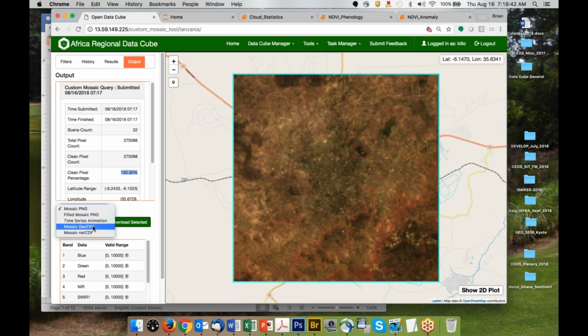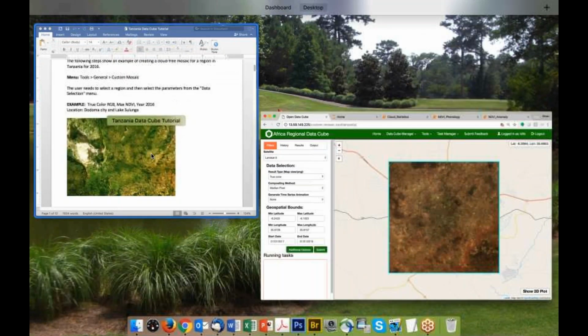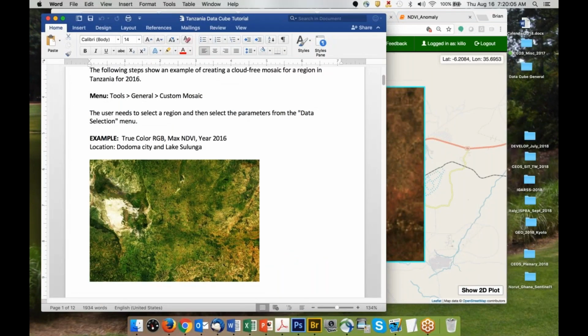And this one's probably the one you'll use the most. If you're doing an analysis outside of the user interface with like ArcGIS or QGIS, you'll probably want to download a GeoTIFF. And if I hit download select, it will automatically start downloading that to my screen. So I'm going to go back here and stop at this point and just say that there are a number